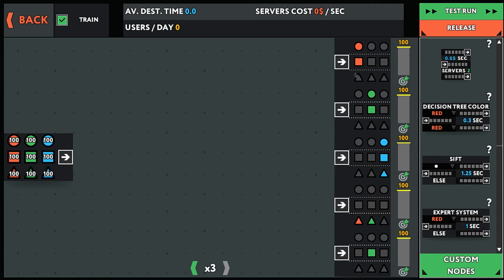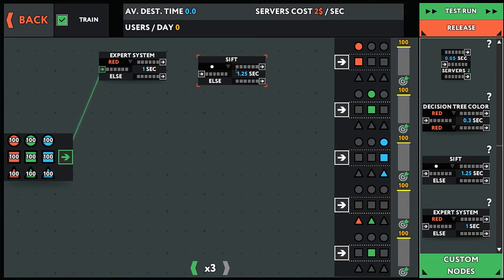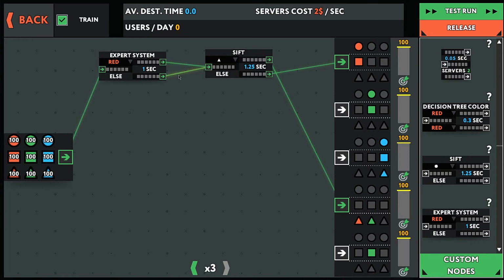Okay, so we care about red. Okay, so red, the three reds, let's do that first. I'm tempted to use an expert system. Wait, is there anything else here we can use? No. Just so that I don't have to worry about it too much, and then we can make it faster later if necessary. So red and a sift the triangle out, because the triangle needs to go there and everything else needs to go there. Oh wait, sorry, red else needs to go somewhere else. So we can do the same thing with green,